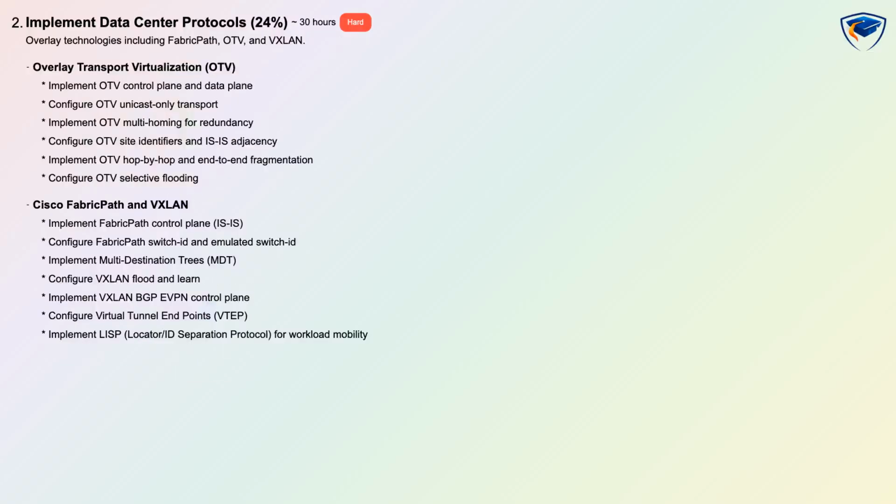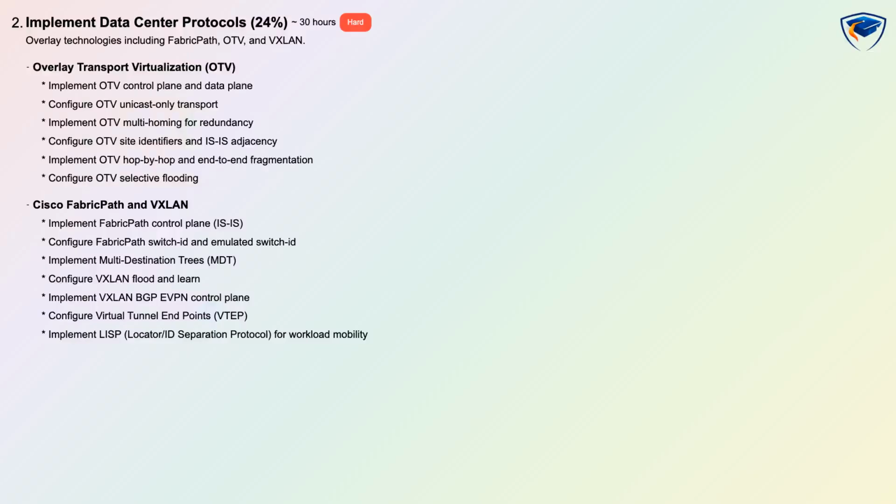Implement Data Center Protocols is 24% of the exam, rated hard, with about 30 hours of study and scenario-based assessment. This domain covers overlay technologies including OTV, Fabric Path, and VXLAN so you can design stretched Layer 2 domains and scale multi-site connectivity. Expect to implement OTV control and data planes with unicast transport, multi-homing and IS-IS adjacency, and fragmentation